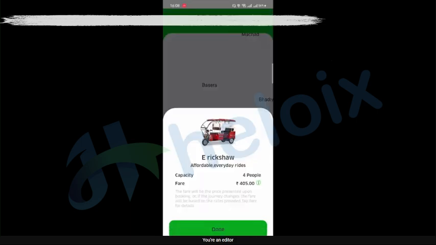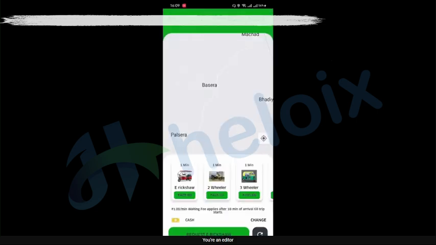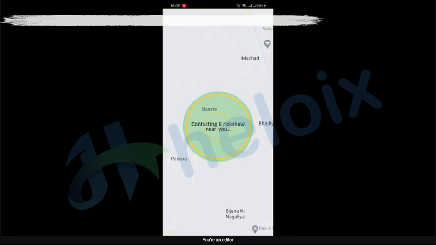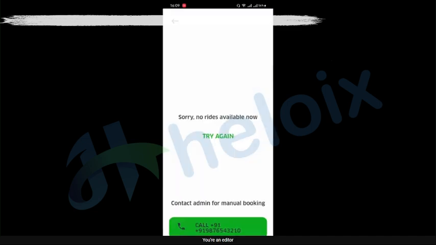Let me show you other things as well. So here we select an e-rickshaw, then we can book that if I want to book. Here we can check capacity, fare and all. Okay, and then here you can check other things, like here you can request for booking. I request for booking. If any driver is running in our area or anyone is active, then that request will go there, then they will accept. Currently no one is live, that's why it's not coming. So let me log in with the driver login as well, then we can connect both and then I will show you all things live.